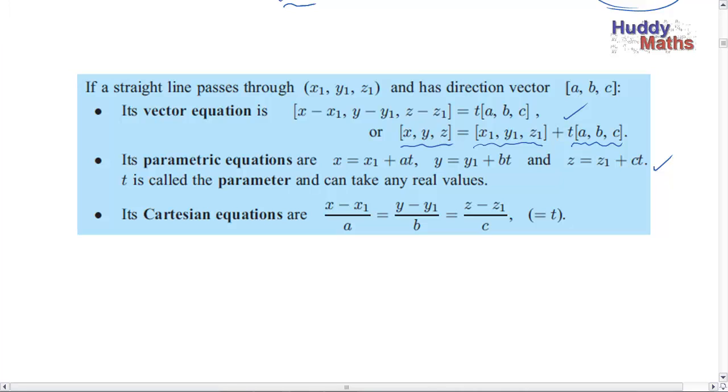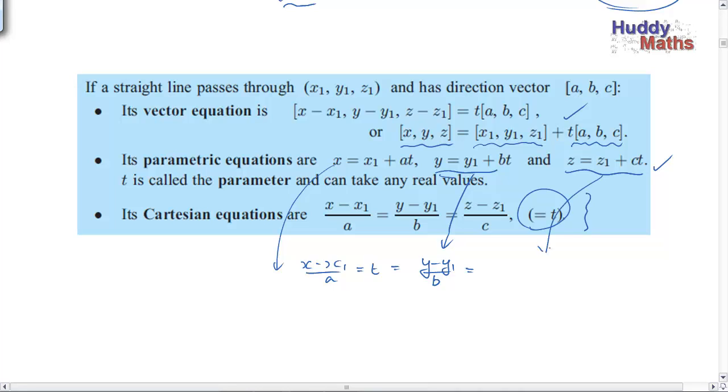Now, here's an interesting one here. How do you relate it back to the Cartesian set of axes there, the x, y, z axes, if you like, call it the Cartesian form? You're trying to relate x, y and z directly with each other without a t. So the way in which we do that is to take this and say x, take x1 on A would equal t, and that would also equal, take this one here, rearrange it, y, take y1 on B, and take t from here, because t is the same, isn't it, in each of the